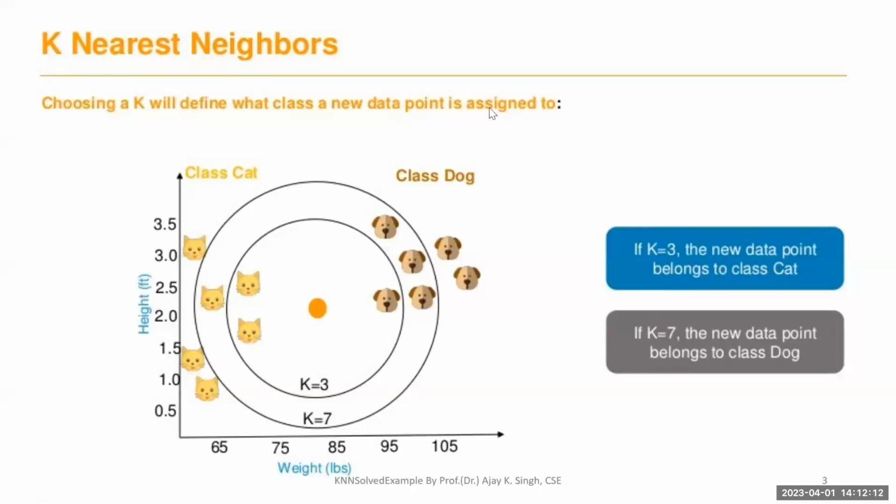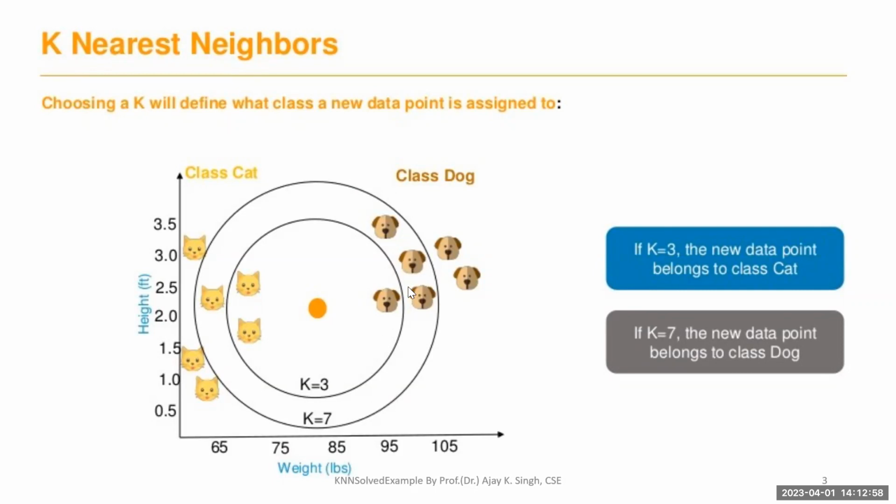Assuming you're getting it. Now coming back, when I increase the value of K, in this case to 7, how many cats are there and how many dogs are there? Earlier, this image was treated as cat. Why? Because the majority was cat. But the moment I increase the domain of the nearest neighbors of this test data, I count the number of cats. How many cats are there? Here we have 3 cats. And how many dogs are there in this circle?